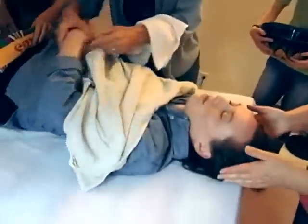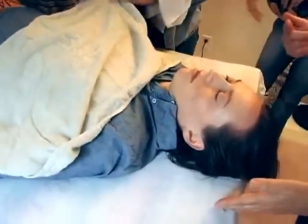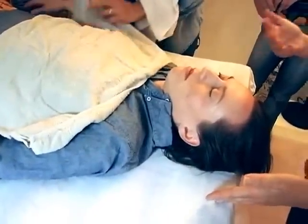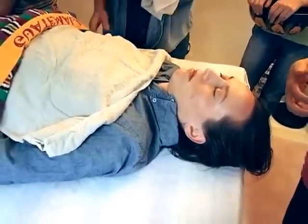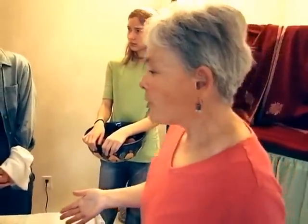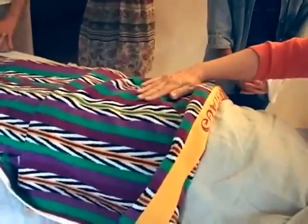And usually if a person has been ill for some time, it's very normal that in the last few days they're not going to want to eat or have food. So the fluids of the body are minimized. One person suggests that you just press on the belly to